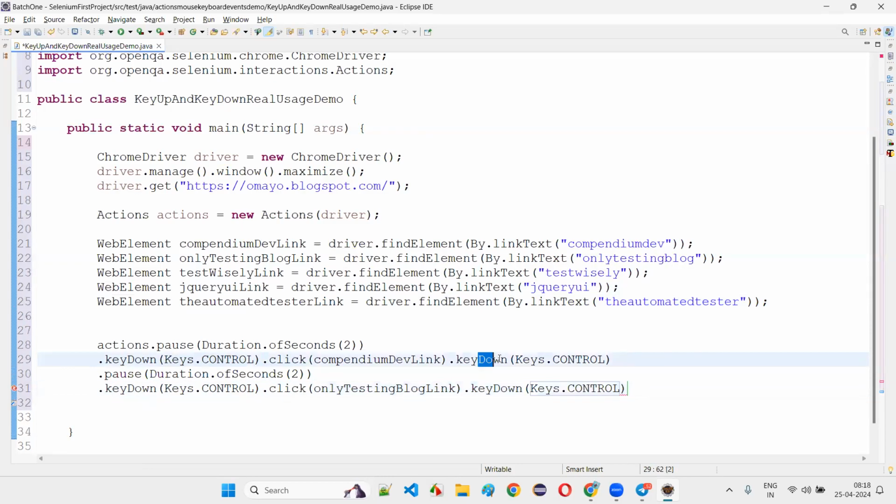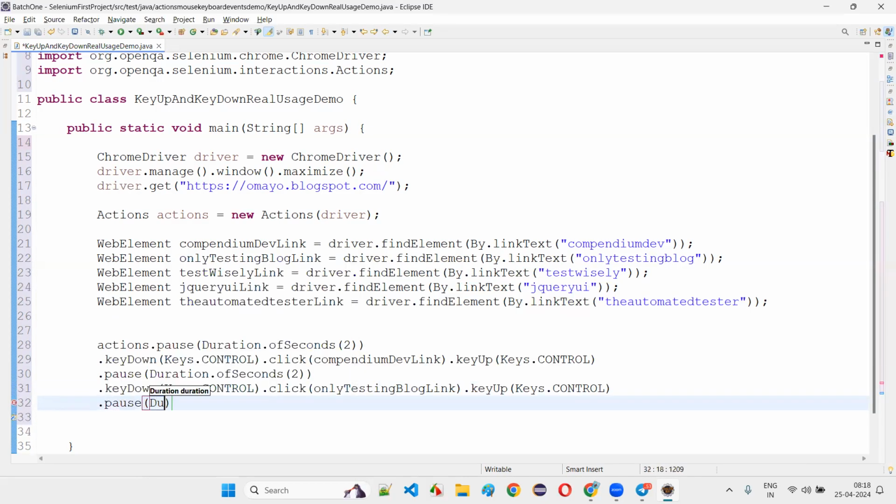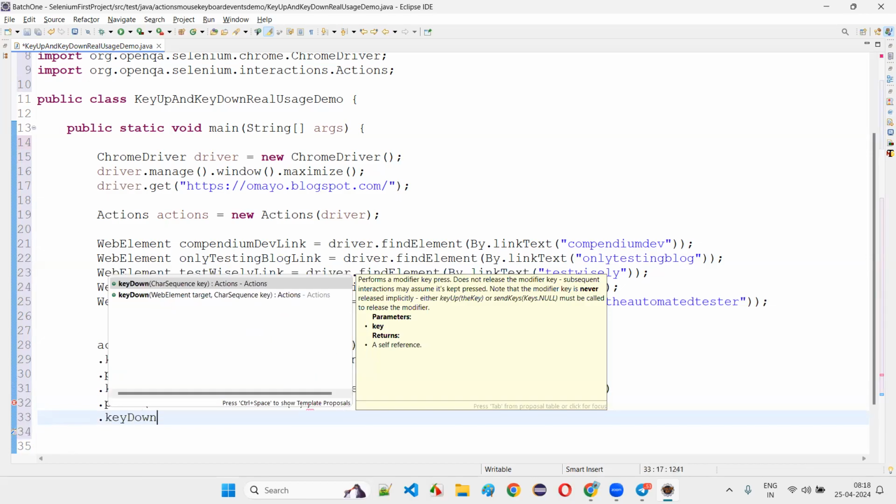Key down, key up you have to write, right? It's key up. Yes, correct. Key up I have to write. Sorry for that. Yeah, key up. Right, key up. Then dot. Here I have to say dot pass duration dot of seconds, then 2 seconds, then write down dot key down